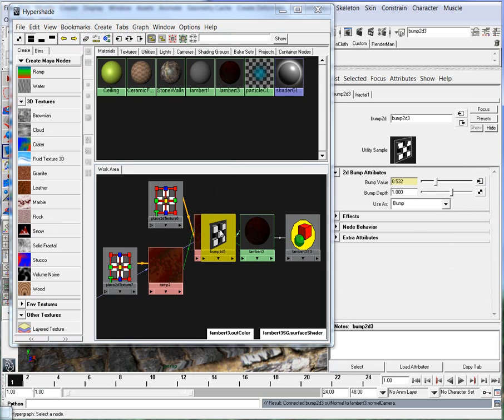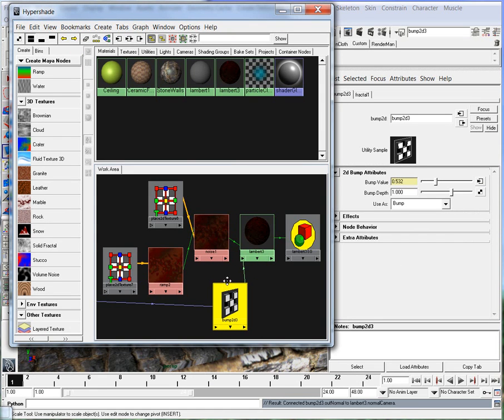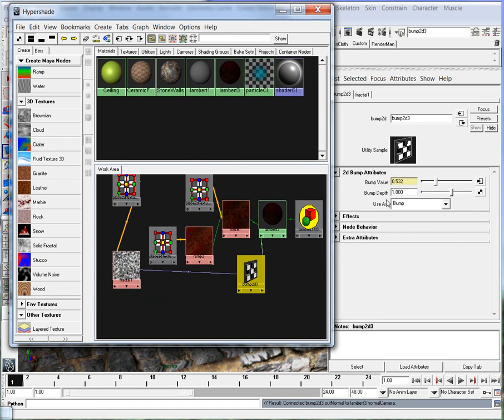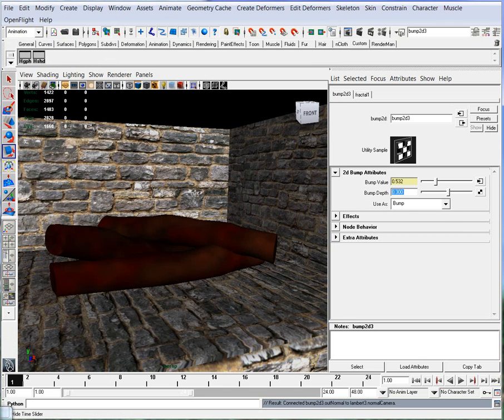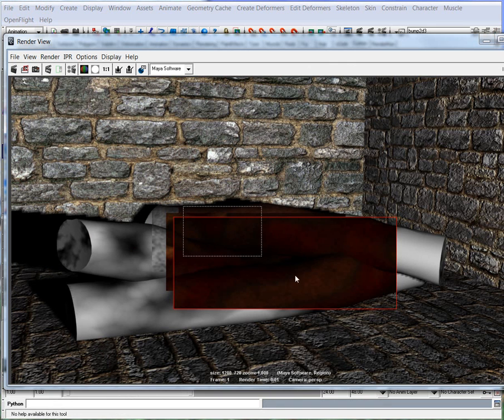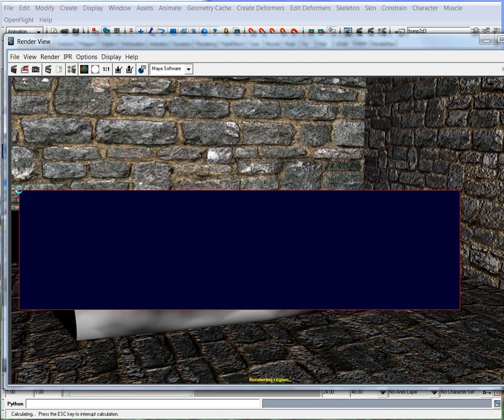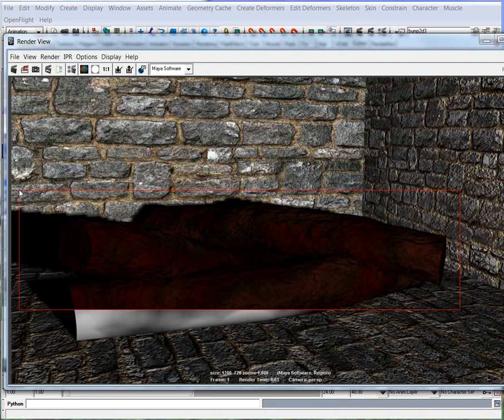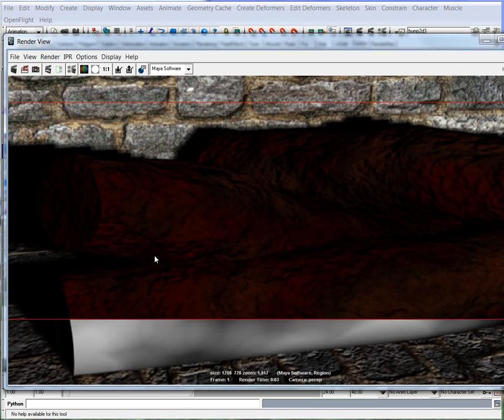A fractal is basically like one of your Photoshop plugins, very basic, and I'll keep it, let's go with 3.3 as a bump. And we'll see how that looks. Notice that doing a lot of test renders is really important. Okay, so after a little bit of playing around,